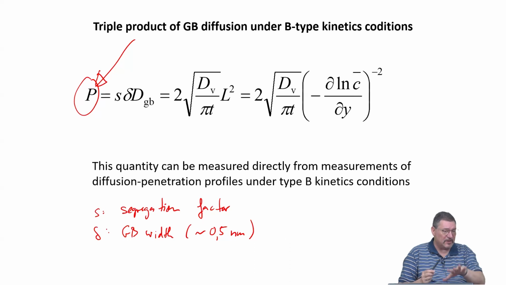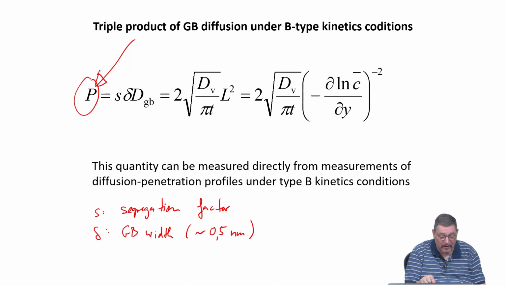And so from these diffusion measurements, when you measure diffusivity and you know the grain boundary width, you can twist the whole thing round and take this as a segregation factor measurement, but then for the entirety of all the grain boundaries that are in your volume. So you will get only an average value, but very often that average value is what you need and not the specific local values you measure.